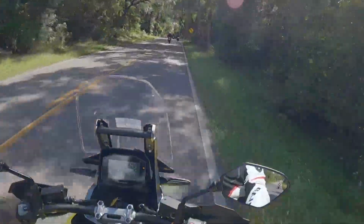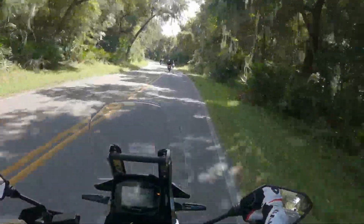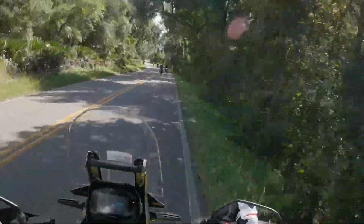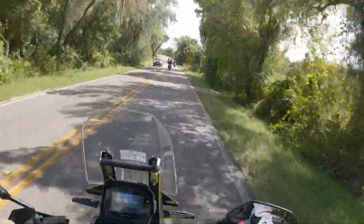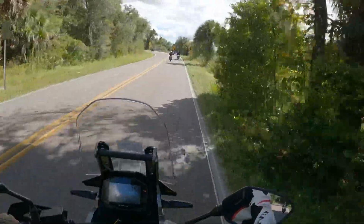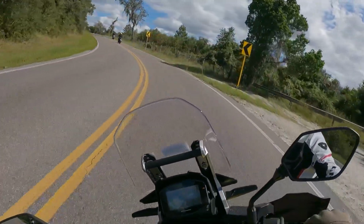But very good motorcycle. You definitely feel the torque at the bottom end. That was one of the things that they did when they redid the V-Strom. They bored the motor out a little bit more, so you're able to get that low end torque that's going to give you more power at the bottom end, where you really want to have it, especially if you're doing off-road. When you're doing off-road, whether it's light fire service roads or just light trails, the fun is going to be having that motorcycle in the